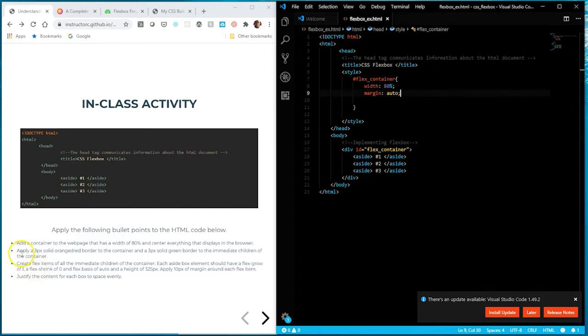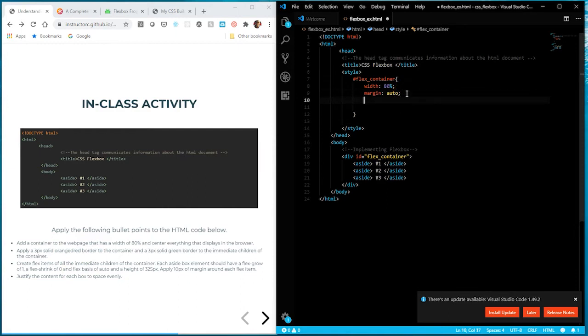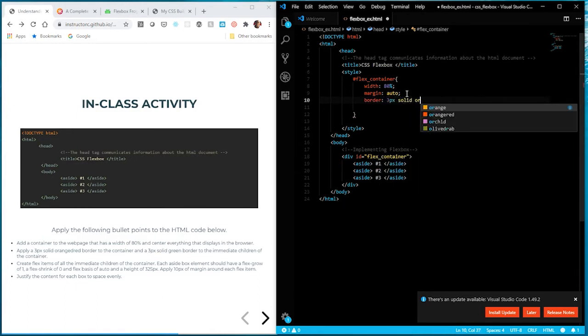Our next bullet point here is apply a 3-pixel solid orange-red border to the container, and a 3-pixel solid green border to the immediate children of the container. So it's going to apply a border, and I'm going to apply the border so we can actually see the box elements take shape. So we'll say border 3 pixels solid orange red,